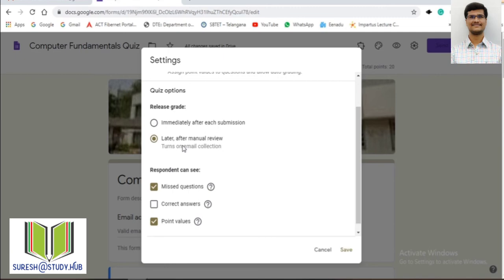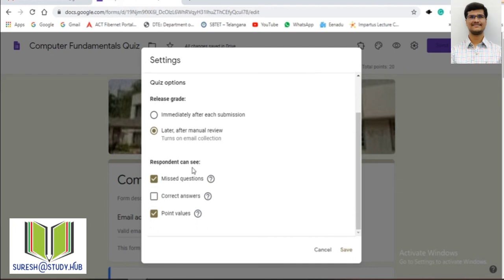Later after manual review. If you make it as later after manual review, the faculty has to release these grades. But if you check this immediately after each submission, then once the student submits his quiz, those grades will come automatically. But later after manual review, because I mentioned here one long answer, so based on the checking only, I can release these grades by using manual review.